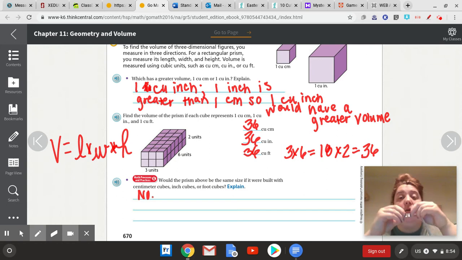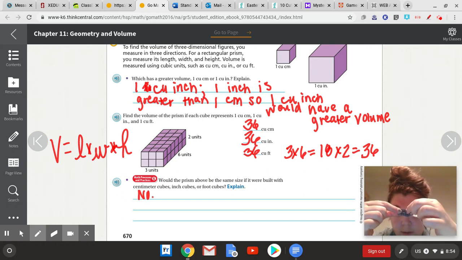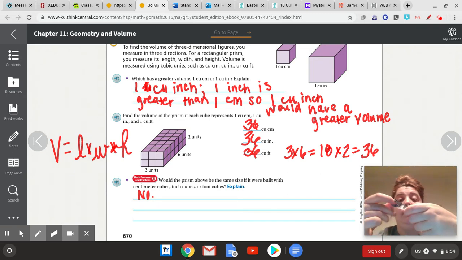So from here to here, from my finger to my finger, is 1 centimeter. Over here, from my finger to my finger, is 1 inch. Then from here to here is 1 foot. Now, if you put 36 of those together, I mean, I can show you